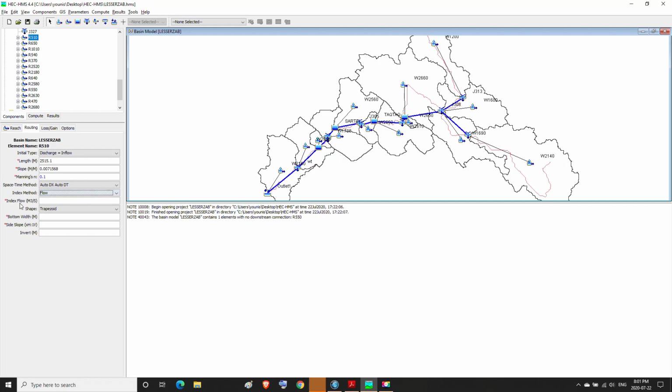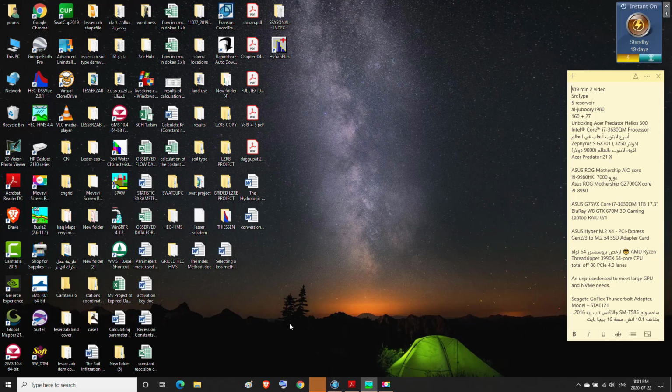To enter the value of the index flow in meter cube per second, we read the following explanation in the Word file titled the index method.